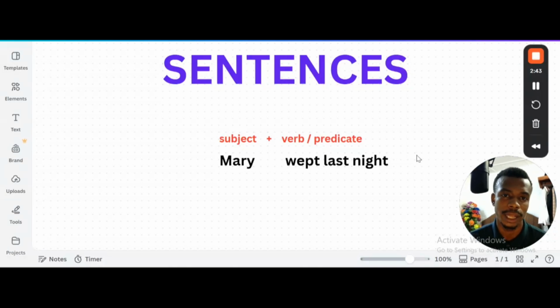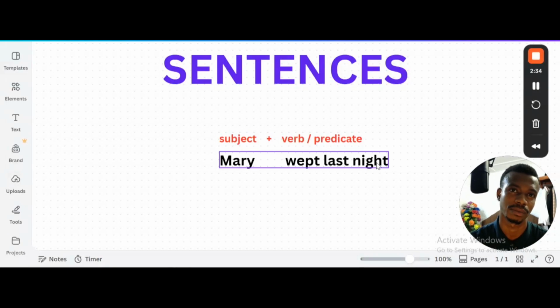So, while knowing this helps you know the components of sentences, what really helps you to form good sentences is making a habit of reading. You know, the more you read, the more you store in your knowledge bank. The more you store in your knowledge bank, the more you can identify patterns. Think of a child learning to speak. A child doesn't learn the meaning of subject or verb or predicate before they form their first sentence. But what do they do? They listen.